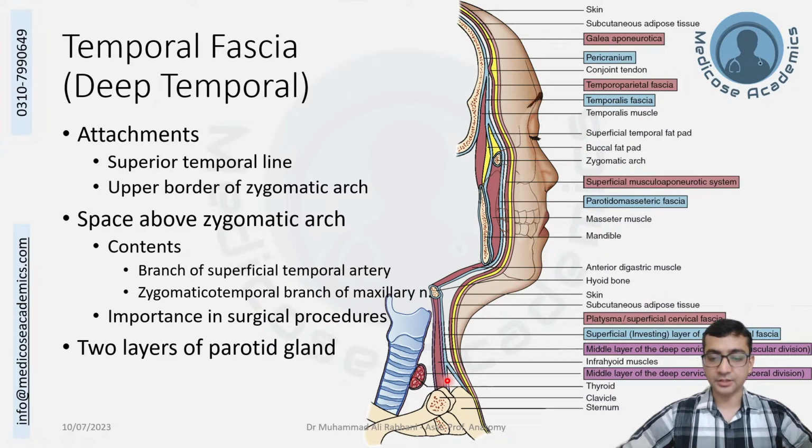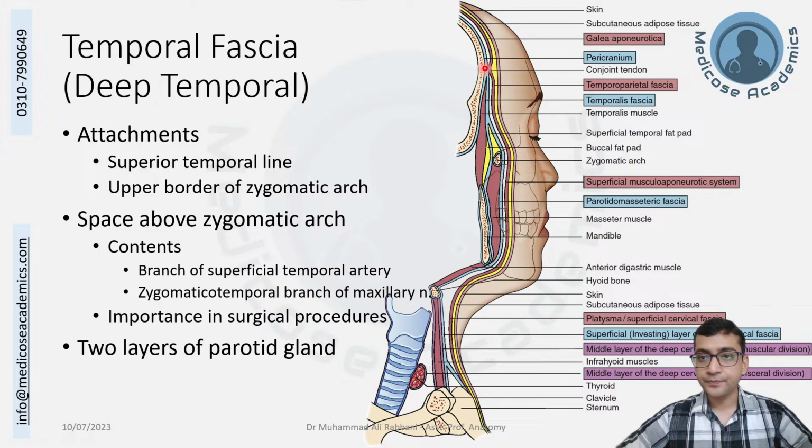So this is that extension. If you follow back, that is the suprasternal space, superficial layer, investing layer of deep cervical fascia attaching to the hyoid bone, coming to the mandible, splitting to form the two layers of the parotid gland, parotidomasseteric fascia, attaching to the zygomatic bone, above the zygomatic bone becoming the temporalis fascia, attaching to the superior temporal lines, forming the